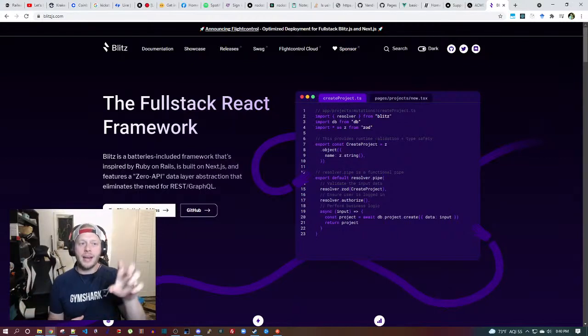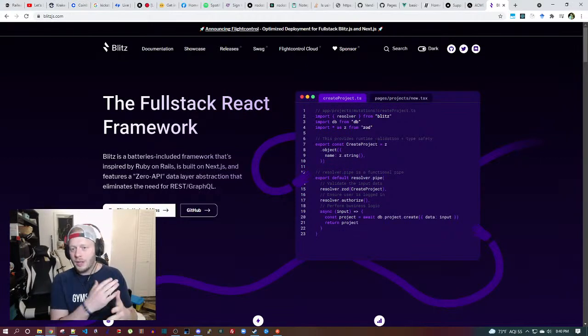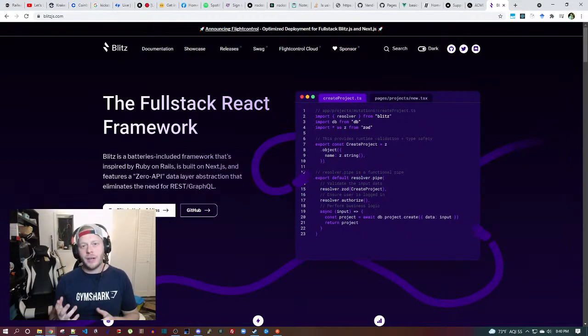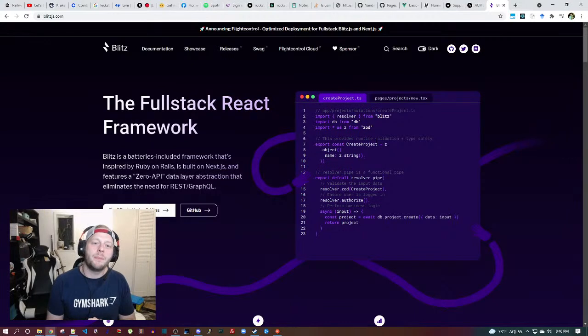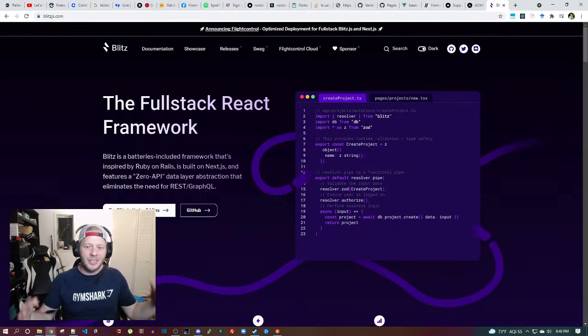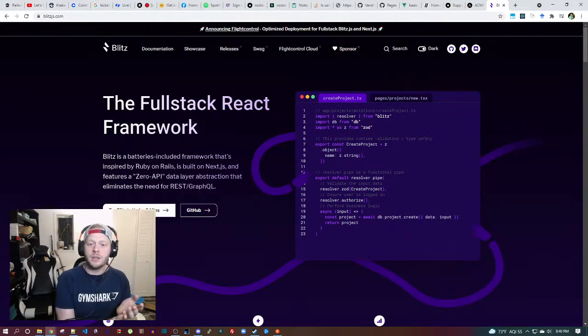When we think about React and we compare it to, say, Angular, we think about the JavaScript frameworks. One of the talking points is that Angular is really opinionated, and there's a clear way to do everything. This is sort of a trade-off against React, where everything is unopinionated and there's a lot of ways to do things. I think it'd be nice if you could get the best of both worlds. What I'm hoping is that Blitz.js gives us all the things we love about React with the strong opinions of something like Spring in the Java world,